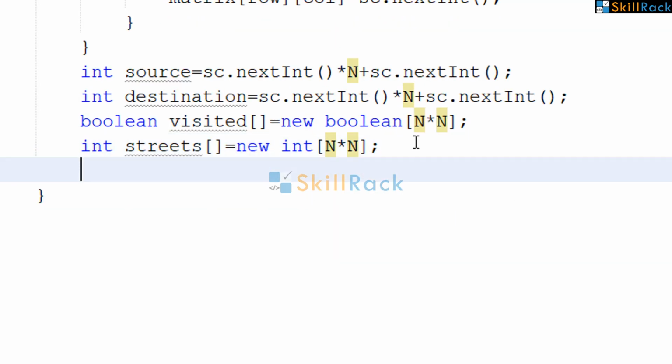So now we need to initialize a queue for the breadth first search. So the queue will consist of integers.